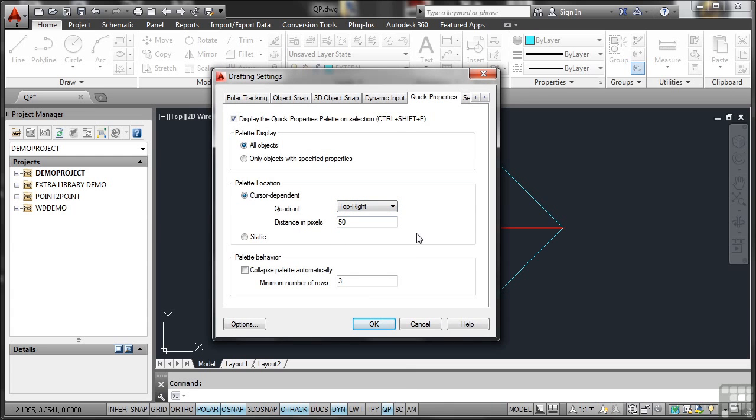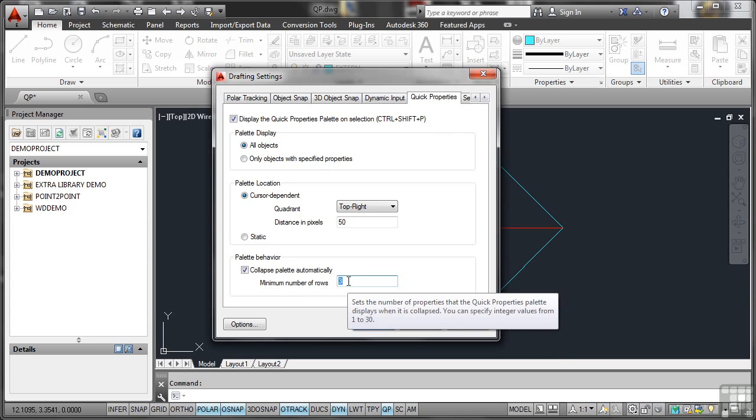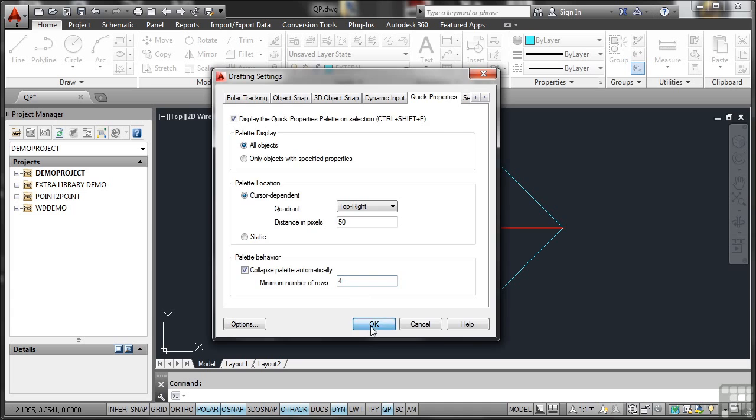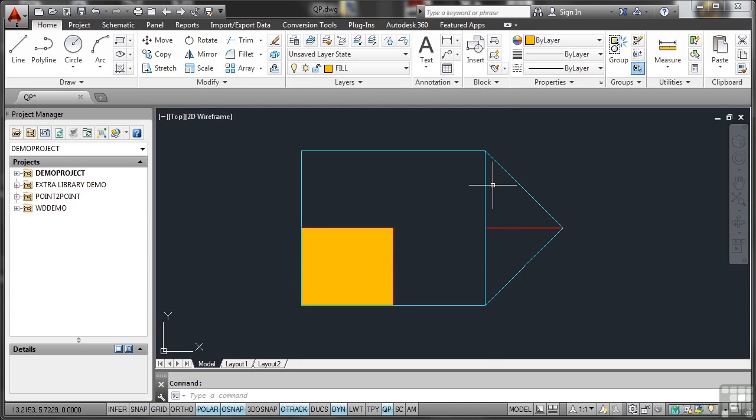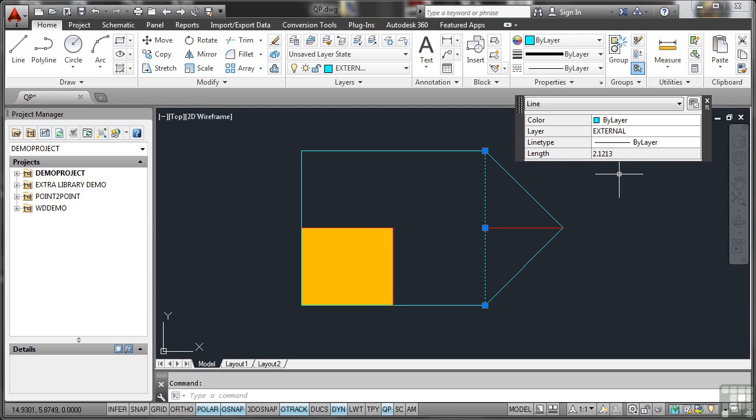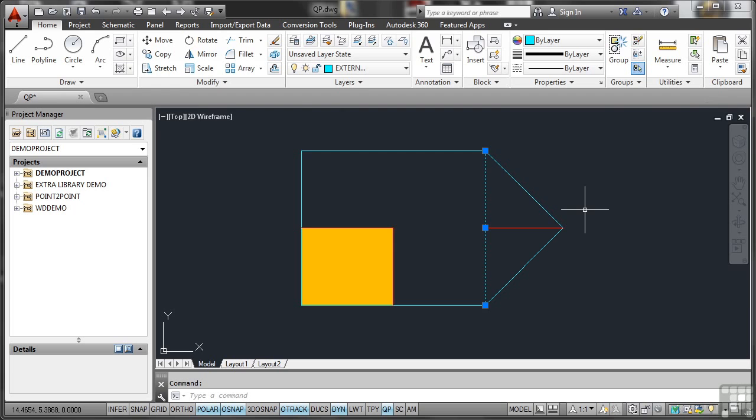I prefer. We can also collapse the palette automatically and change the minimum number of rows, let's say to 4, and I'll OK that. Now what will happen now is when I select an object, in this case there are only 4 settings that I need to look at, but on other objects there might be more, like a hatch for example. So if I hit Escape and hover my solid fill there